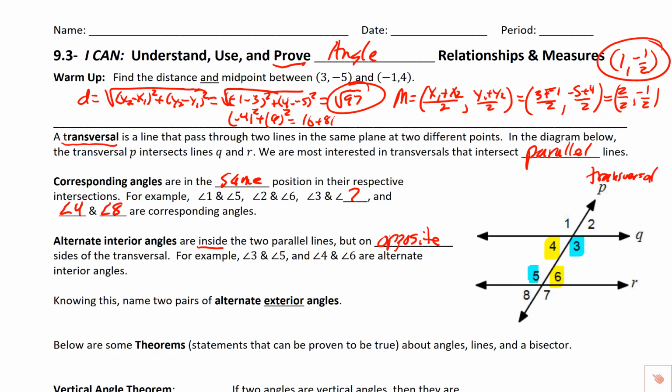Now, if you know that, then we could also use the phrase alternate exteriors. If we were talking alternate exterior, they would have to be on the outside of the parallel lines, and they'd have to be on opposite sides. So angle 1 and angle 7 would be alternate exterior, and angle 2 and angle 8 would be alternate exterior. Okay? All right, so we're going to come down here and take a look at